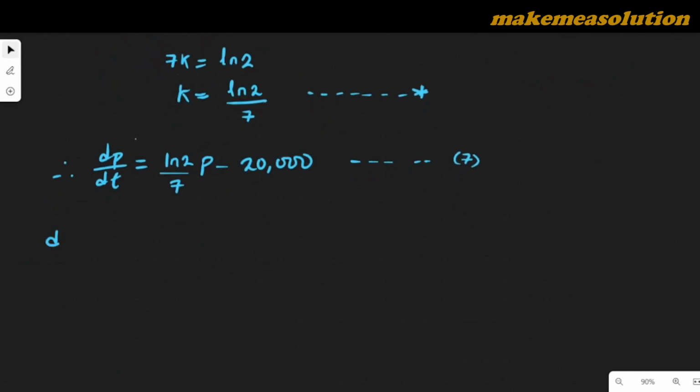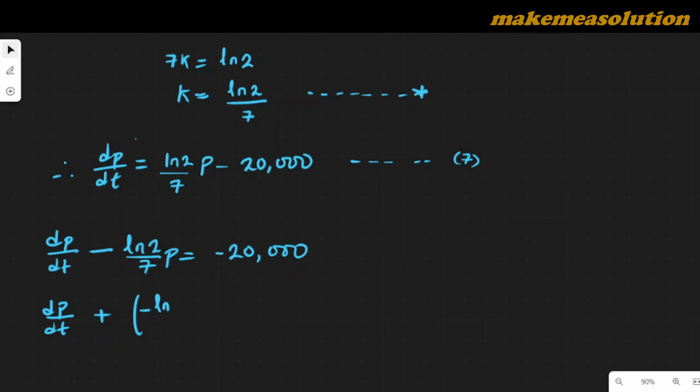Of course, you know it looks like a linear first order differential equation. So you have dP/dt minus (ln 2)/7 P is equal to negative 20,000. Now, if you restructure this particular differential equation, you will have minus (ln 2)/7 P is equal to negative 20,000. So this conforms to the general form